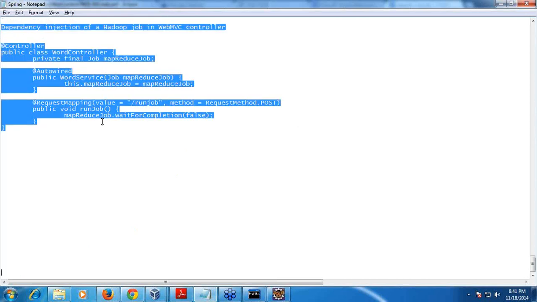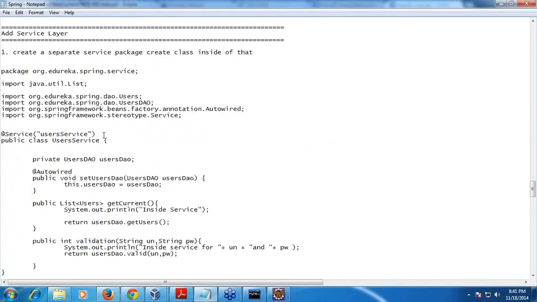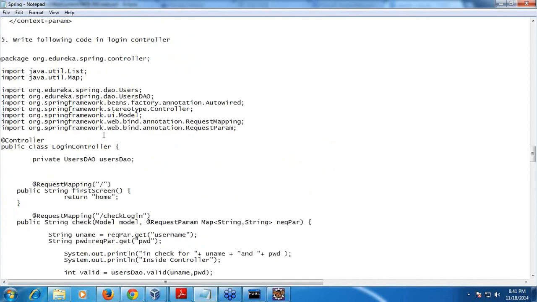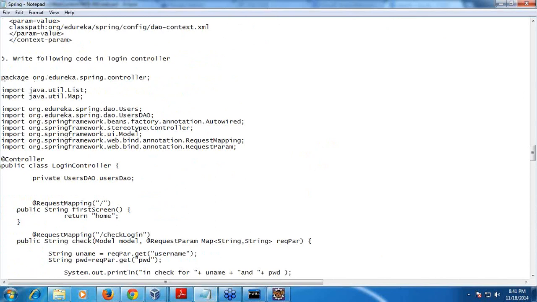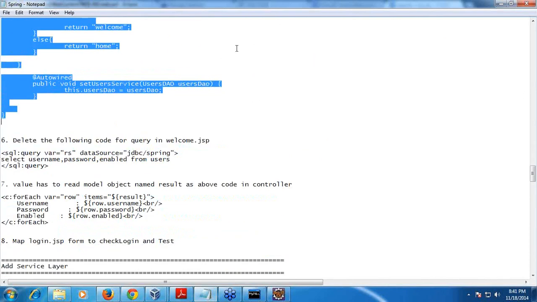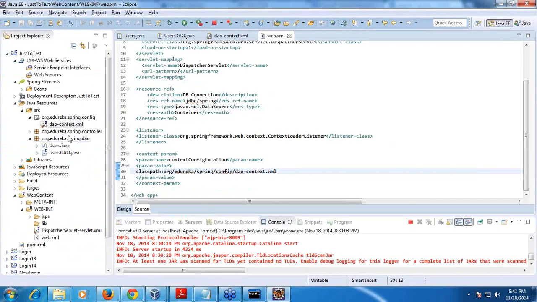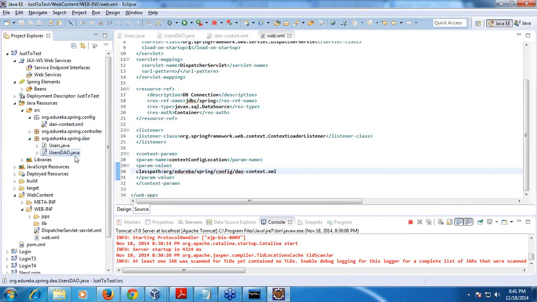Let me explain this code again. So now I have created the DAO, all the classes. Now I need to call this DAO method. That's what I'm showing you now, how to call this.